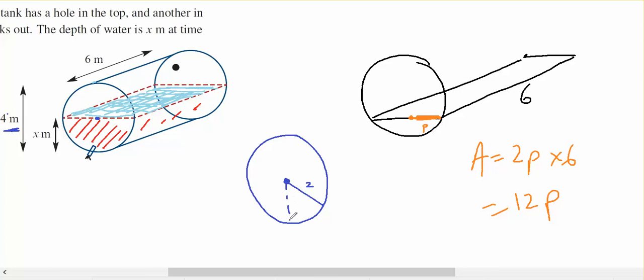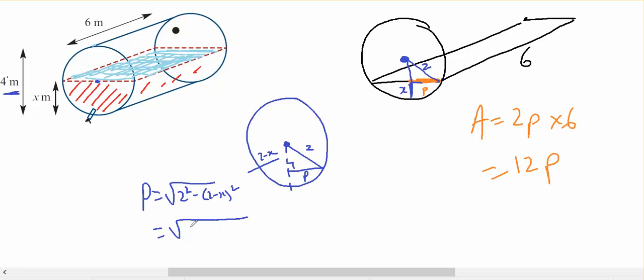And I know that this is the triangle I'm interested in. The reason I'm interested in this triangle is that I'm using my knowledge of the fact that that's always going to be 2, irrespective of what the height of the water is. So this is P. This will be 2 minus x, since x is this distance down here, not inside of my triangle. So using Pythagoras' theorem, P is going to equal the square root of 2 squared minus (2 minus x) all squared,